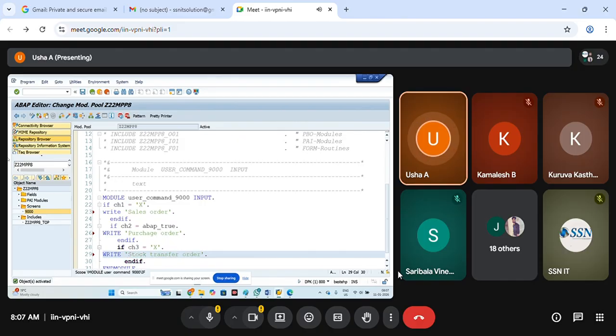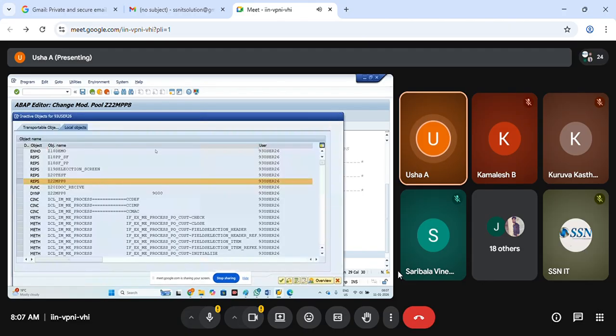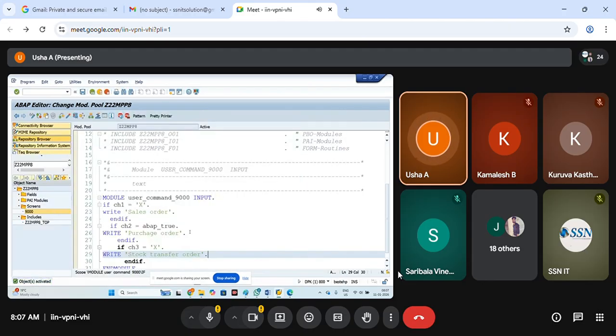If I'm just writing a write statement, the system doesn't throw any error, but it won't show the output. Why? Because it is my own module pool program. It needs to go to the list processing screen. It is unable to go from here to there. So then what to do?